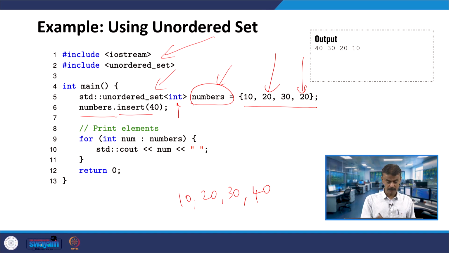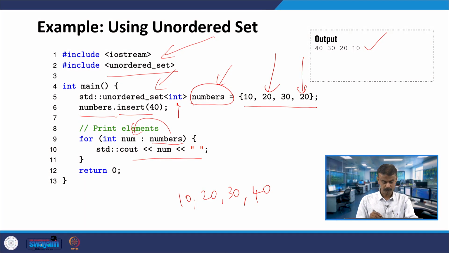So, here you have numbers, and numbers is mapping to num, correct. That means both the addresses are pointing to the same location, and it is num 0, num 1, num 2, num 3. So that will be printed, right. When I am running the code, you can see I am getting the output 40, 30, 20 and 10. Since I am introducing unordered_set for the first time, let us see how this is working in C++.